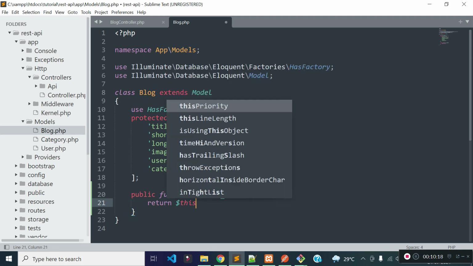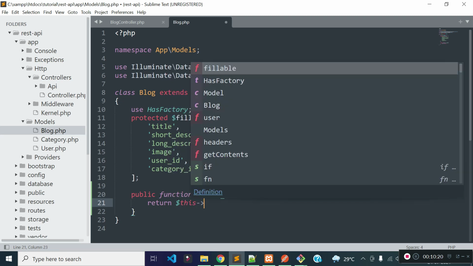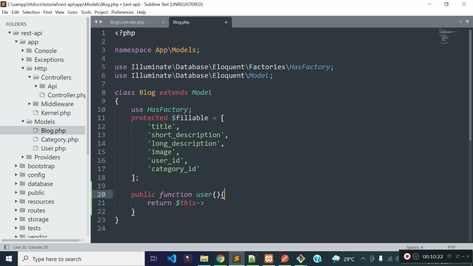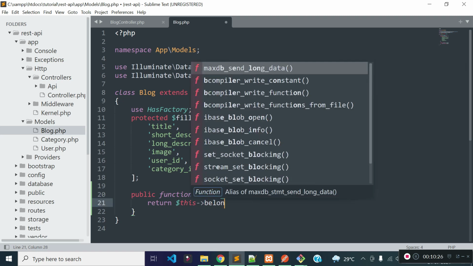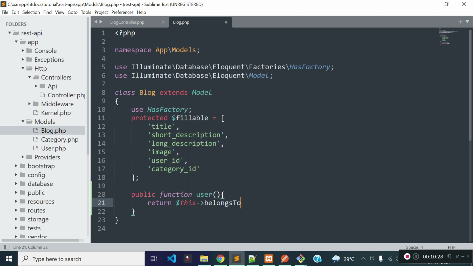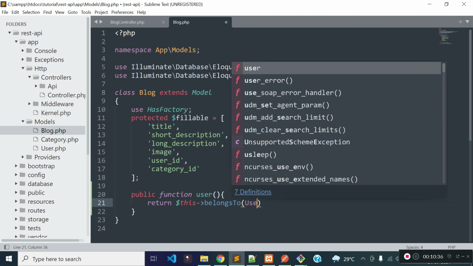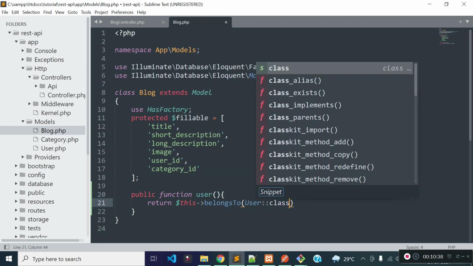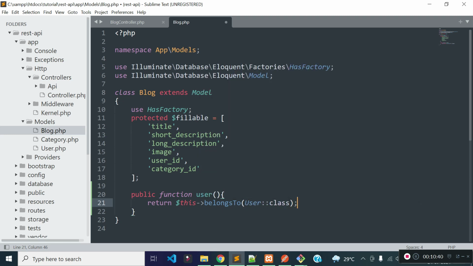That's why I'm adding a function called user, and from this function I'm returning belongs to relationship because I stored user ID inside our blocks table. That's why we can use this relationship, and this should be the user model class.